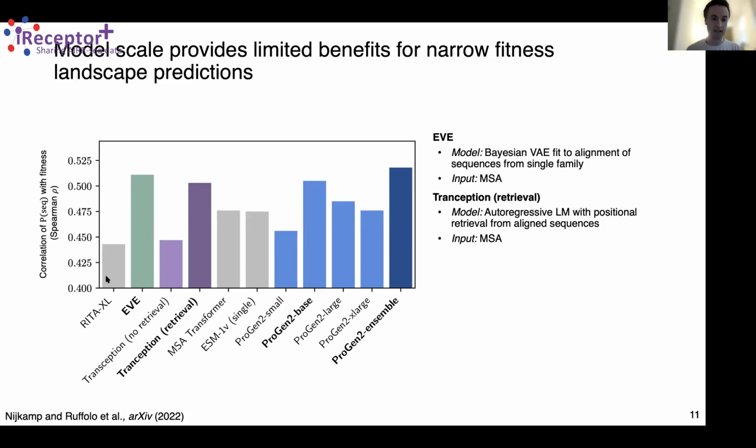This plot is showing a comparison of fitness estimations from the ProGen models on the right in the blue versus some models from literature. I've highlighted just a couple from literature. One is EVE and another is Transception. These are models that take in the multiple sequence alignment for the family and use that information to generate fitness predictions. You can see that the ProGen models match the performance of these just from pre-training on large sets